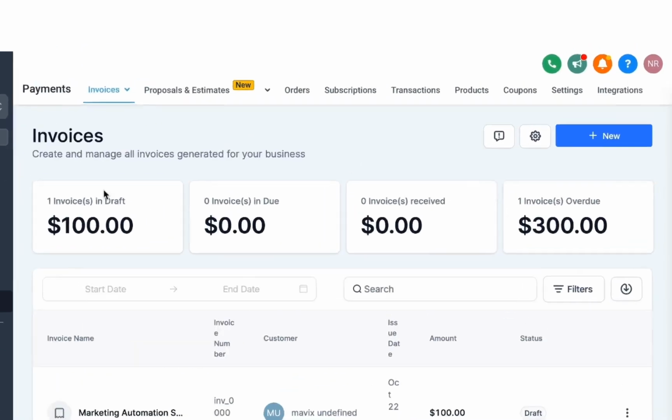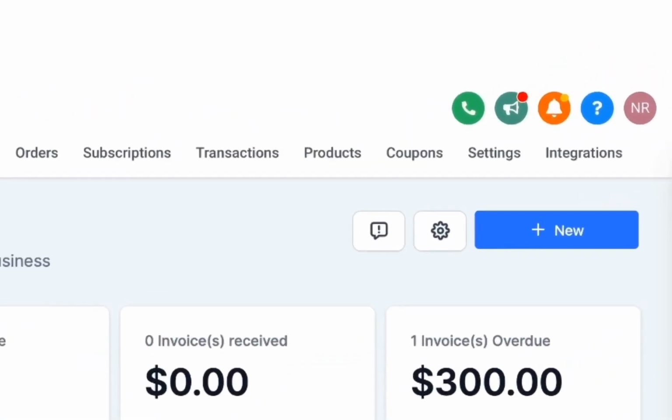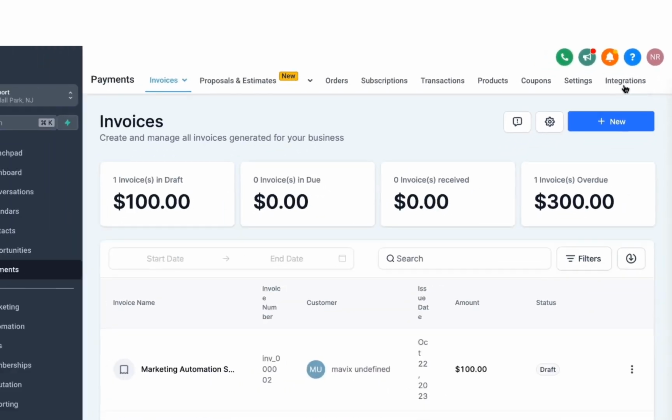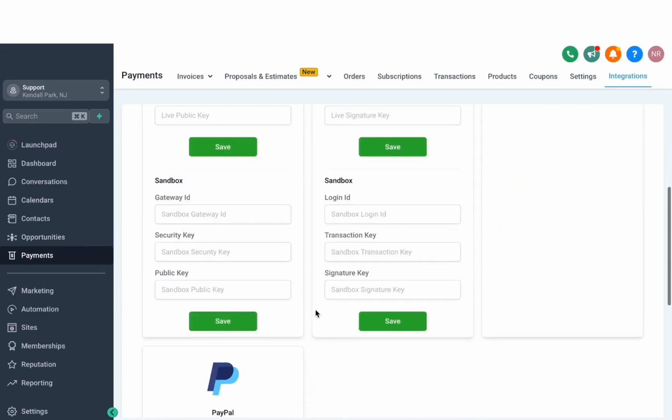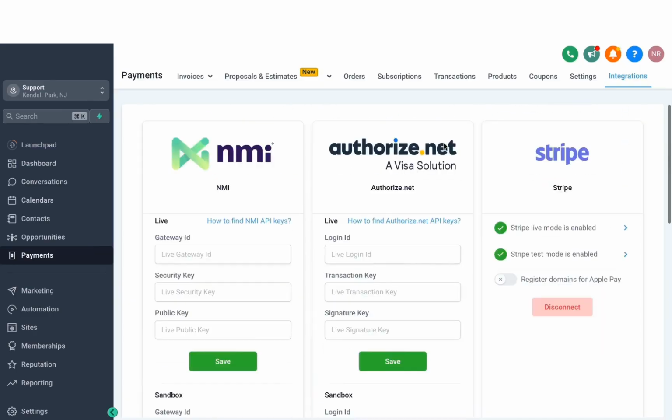important. First is integrations, which you can find on the top right side of your screen. Once you click on that, it'll show you a list of payment processors. Now, it does include a few popular ones like Stripe, PayPal, and Authorize.net. So just make sure that you connect the one that you use for your business. In this example, I have used Stripe. So once that's connected, then we'll be able to use all the other options that are made available to us